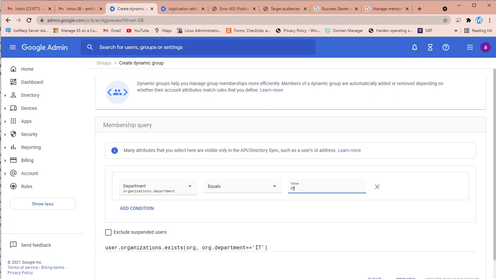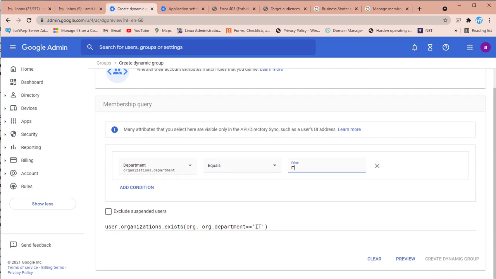It doesn't mean that it will be created only once. If you create a new account and specify the department equal to IT, all those accounts will also be added automatically in this dynamic group. Now I need to select the preview. You can specify one or more conditions.